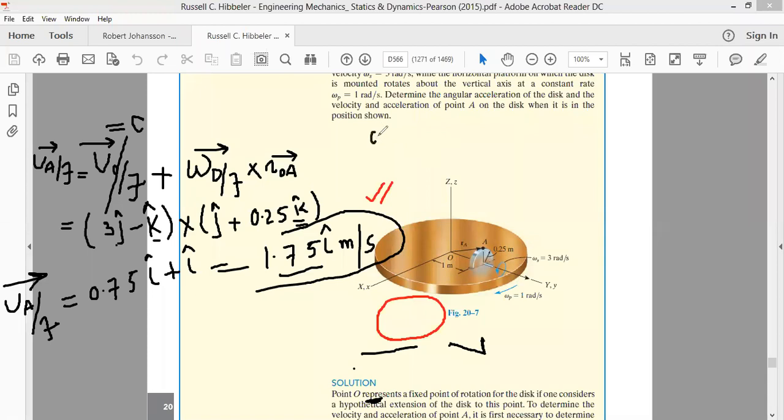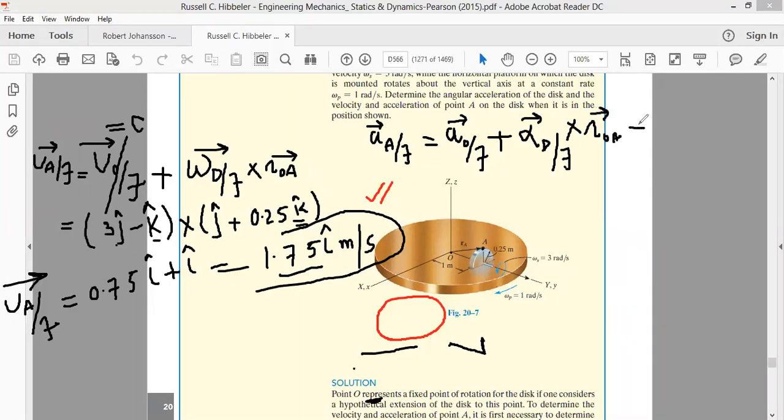In order to calculate acceleration of A with respect to ground, the expression is, again writing the previous acceleration terms we have derived, acceleration of A with respect to the ground is equal to acceleration of O with respect to the ground plus angular acceleration of the disk with respect to the ground, cross product with the radius vector drawn from O to A, r OA,